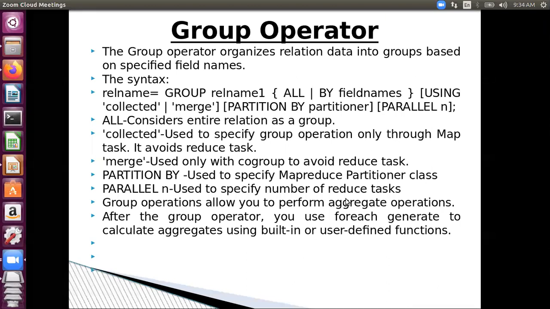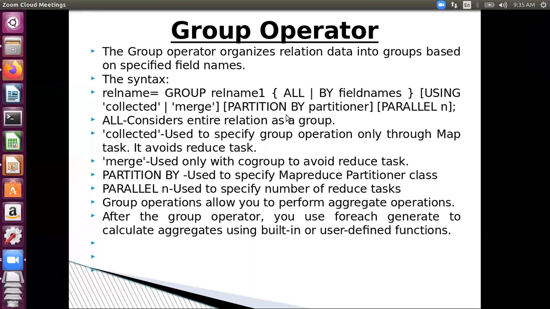That means you can group your relation on field names, or you can group your relation with an option all also. Okay. Other options are also there in the syntax, but they are mostly the admin options. I've written, you can take a snapshot of this slide, and the meanings of other options are there. Don't look too much into them. Let's just focus on what group by does.